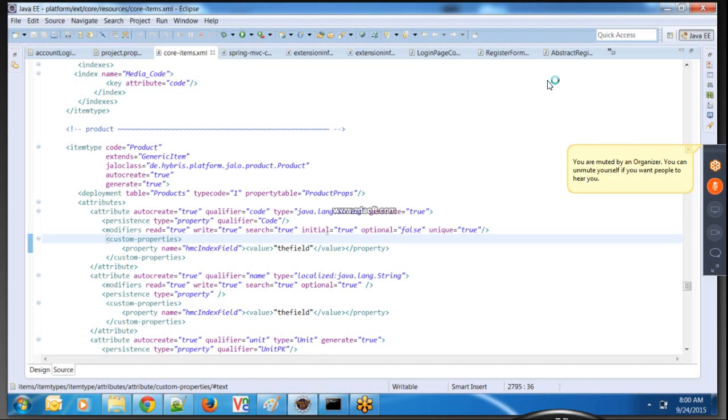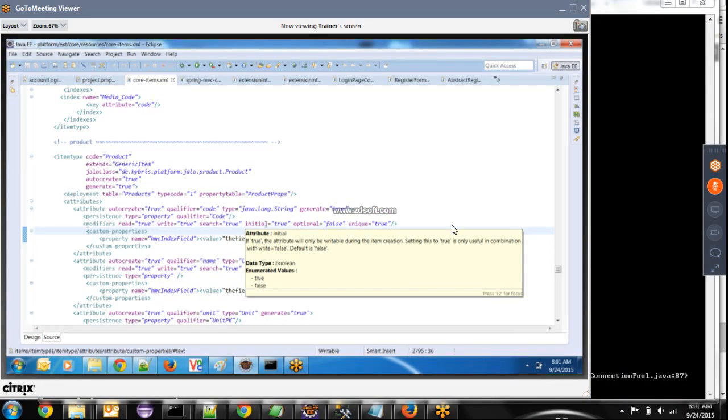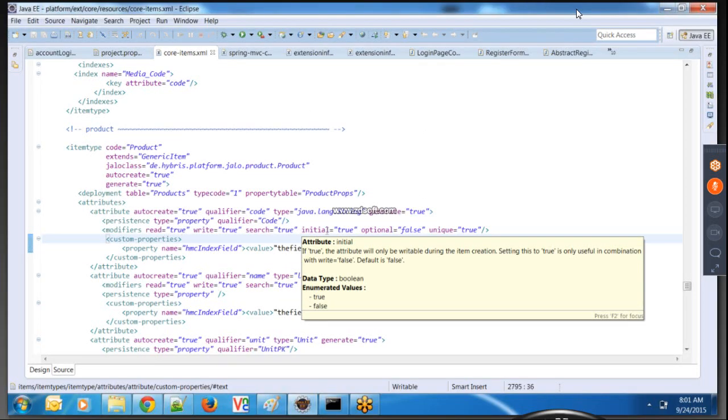Equal to true. You are actually defining your database at the same time. Okay, you are being a database designer at the same time you are being a Java programmer. Parallelly, you are writing your Java class as well as you are also writing your database. Just write down initial equal to true means whenever you try to create something with